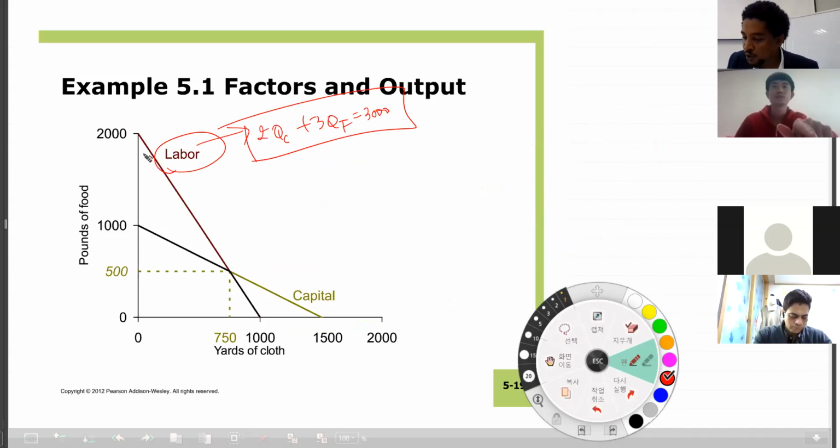Because if you produce only food, this is food, right? If you produce only food, which means the quantity of clothes is equal to 0, so it means 3QF is equal to